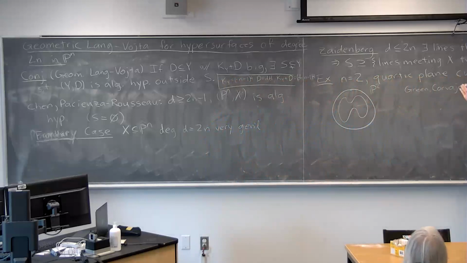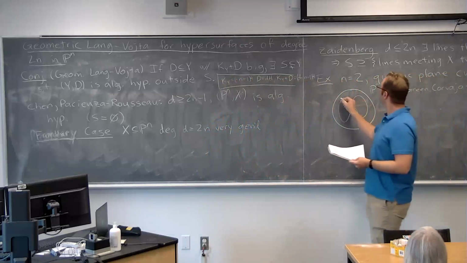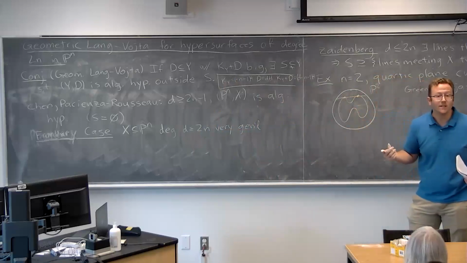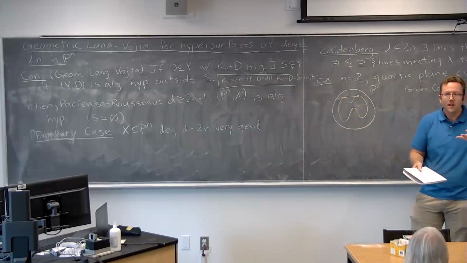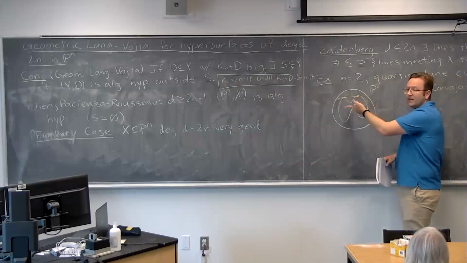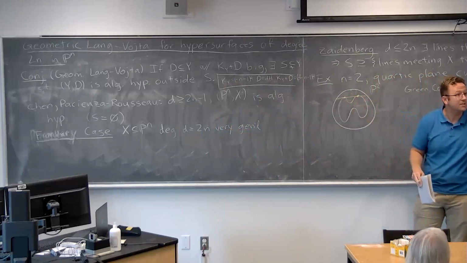And so this is a quartic plane curve. People studied quartic plane curves, and they would like to study general ones, but the techniques that had been used were not amenable to it. Chen's degeneration technique also was not amenable to this, and it's because we know that there are lines meeting it twice. If you have a quartic plane curve, you will always have finitely many bitangent lines, lines that are tangent in 2 points. A line should meet a quartic in 4 points, but at a tangent point, it'll meet with multiplicity 2. So if you have 2 tangents, it'll meet in only 2 points. So that has to be in your exceptional set.